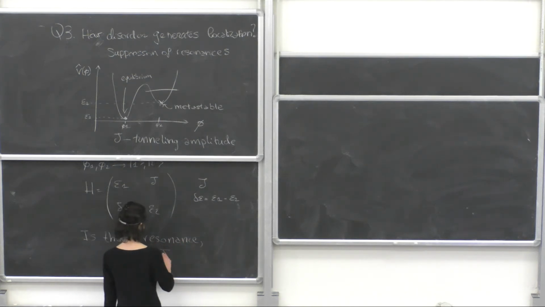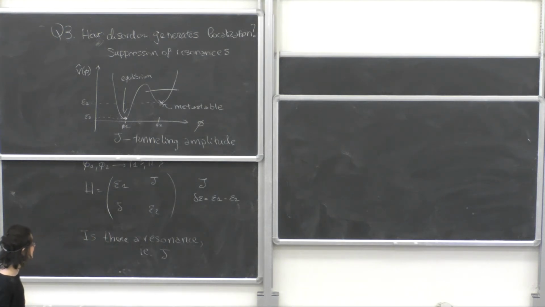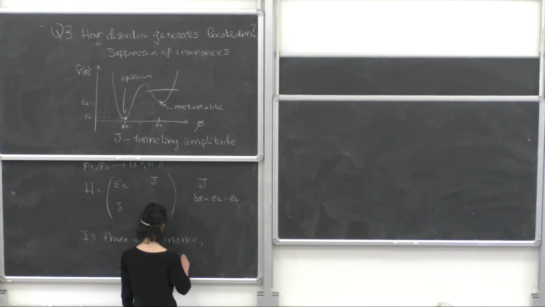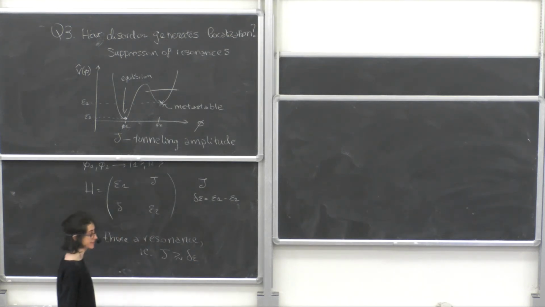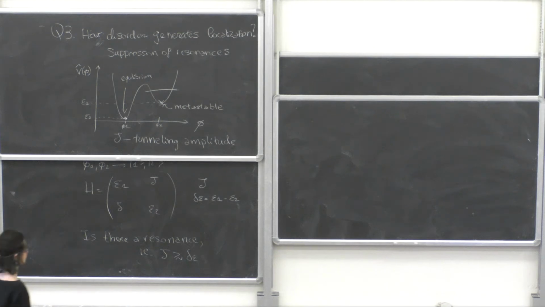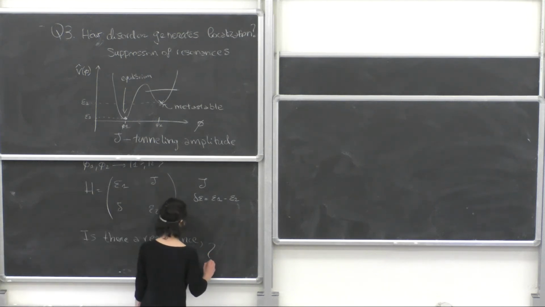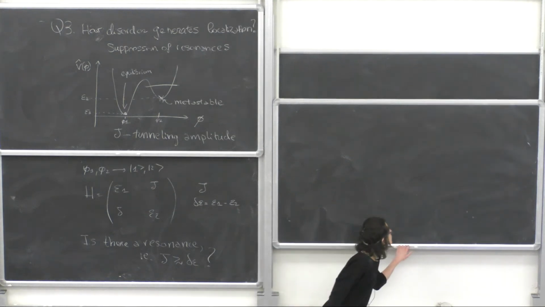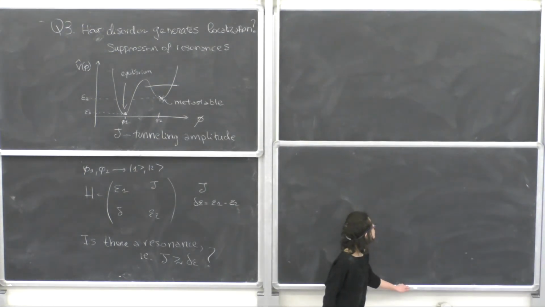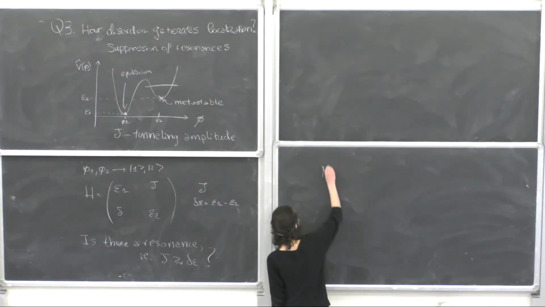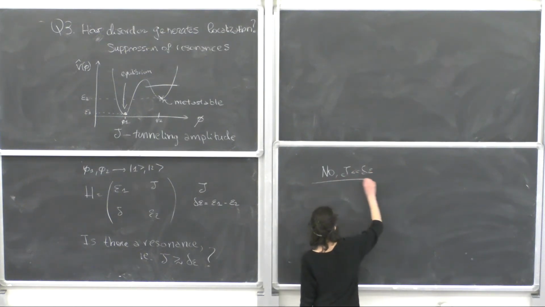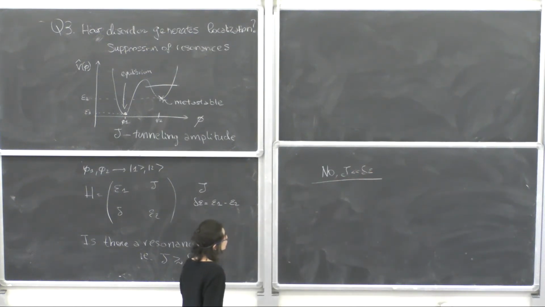Which means that your tunneling is comparable, so it's able to compete with this energy difference, so it is larger or of the order of this energy difference. And now here you can have, of course, two different answers. So if there is no resonance and your tunneling is much smaller than this energy difference, then what you find